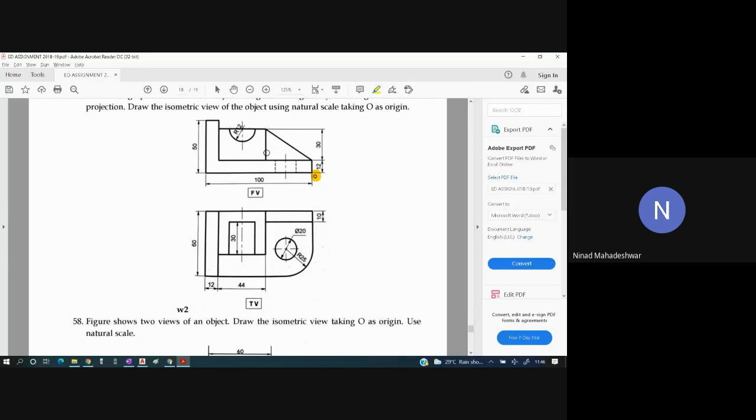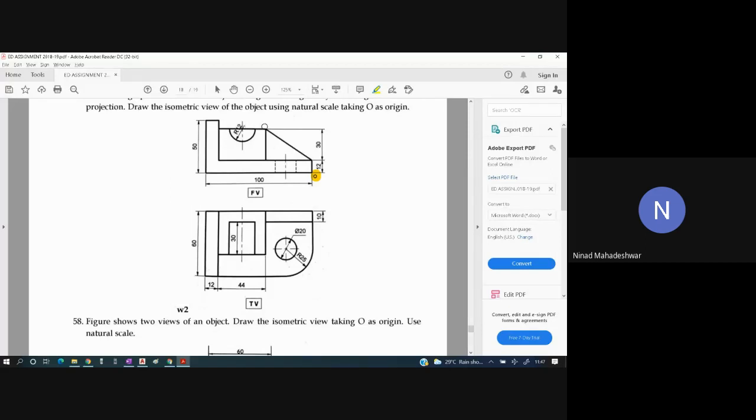Now not only this base part, you have this portion also. So how will we draw this portion? First we have to figure out how much is this distance from this end. How much distance is it from here downwards? 8. How much is this? 30 plus how much is this? 12. That becomes 42. 50 minus 42 becomes 8. So from here I will come down 8 mm.